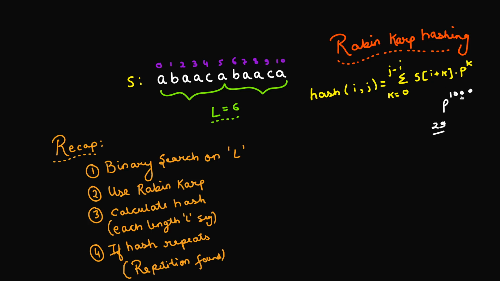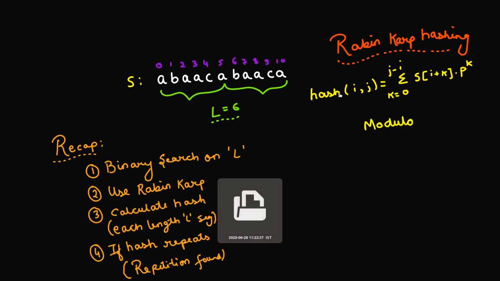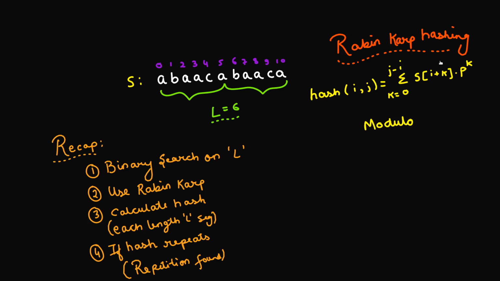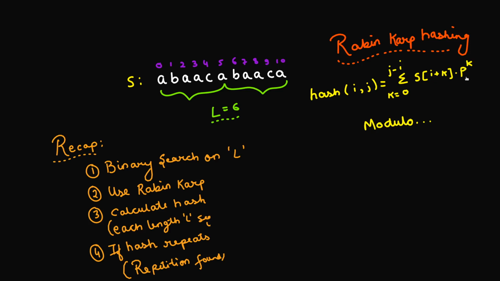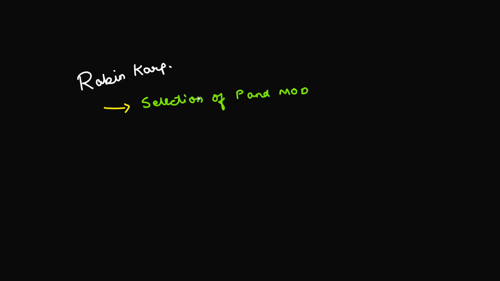And what we do to get rid of this is we take modulo of the quantities that we are computing, so that it remains under a particular quantity, say mod. Suppose we are taking modulo with a number mod, so we are able to keep this numerical hash value under this quantity mod. There are some limitations that you encounter when you implement Rabin-Karp. The first limitation is: how do you select p and mod? How do you select the prime that we are using, which is this prime here, and the number with which we'll be taking the modulo? And this is actually a very big problem.